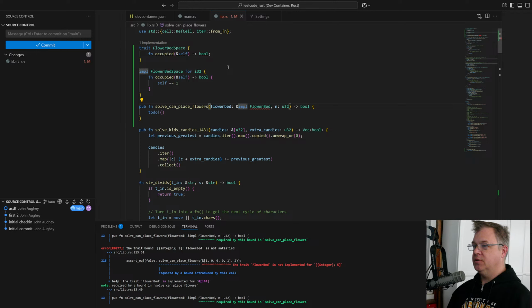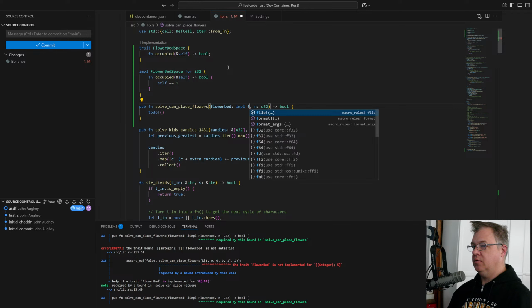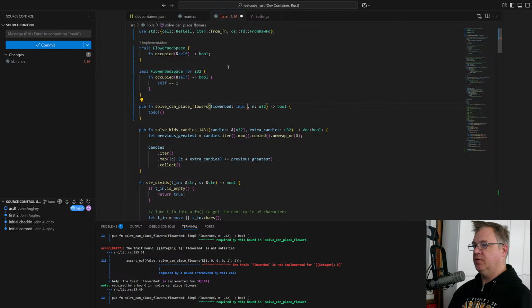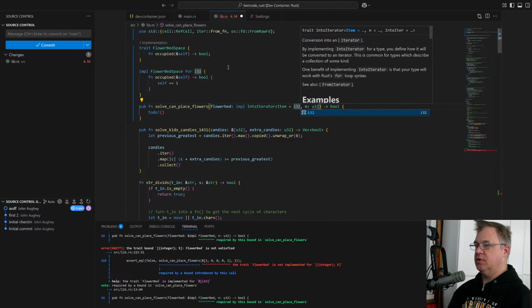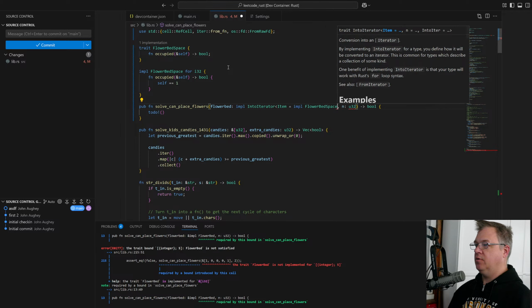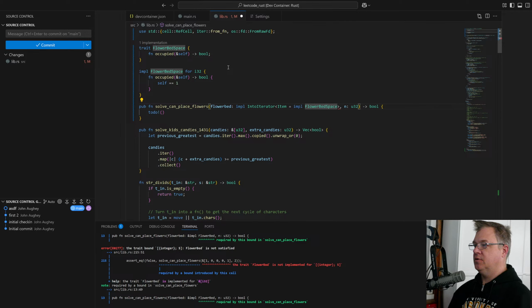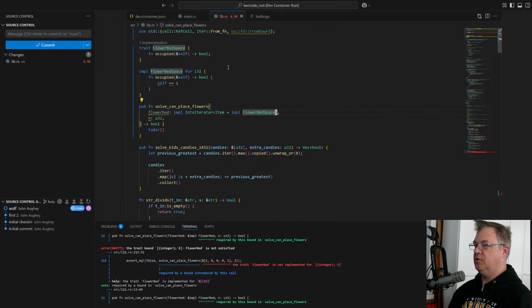So this then is an impl of an iterator. Well, it should be from it or into iterator, where item equals an impl of flower bed space. Did we do it right? There we go. This is like almost overkill.